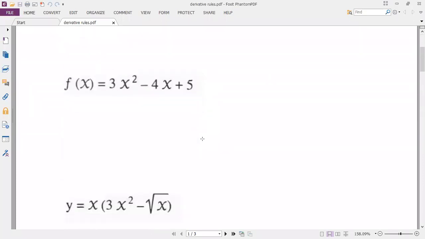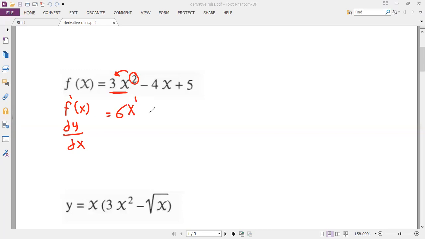I have a function f of x, 3x squared minus 4x plus 5, and I want to find f prime x, or dy over dx, or the slope of the tangent to the curve at any point. So 3x to the power of 2. How can we find the first derivative of this function? Multiply the power here by the coefficient. That is the conclusion we have reached from the previous lessons. 2 times 3 is 6, and subtract 1 from the power